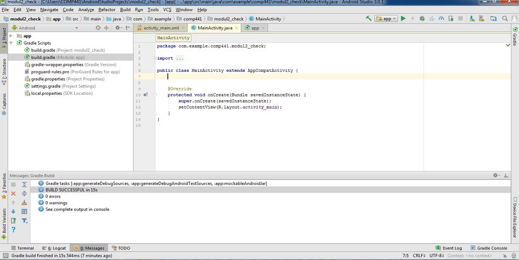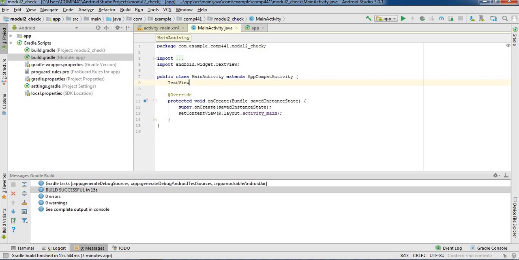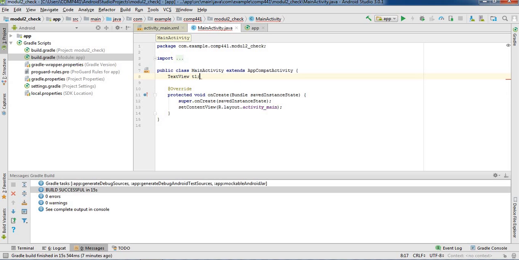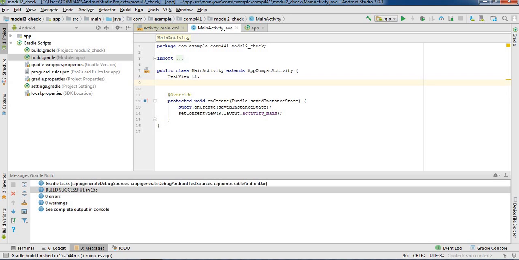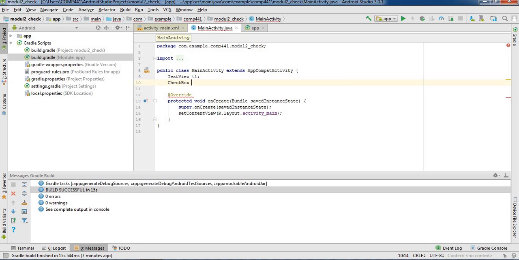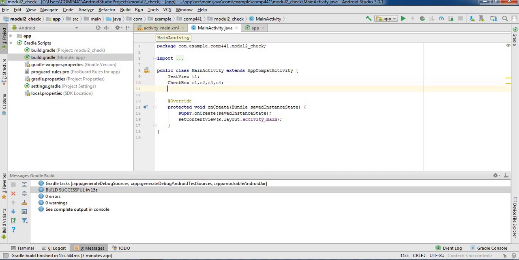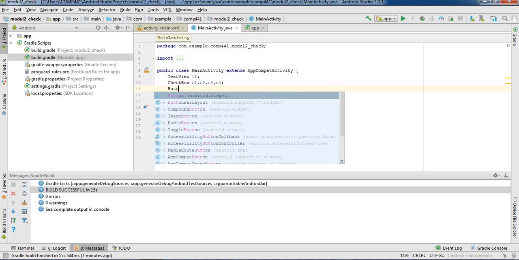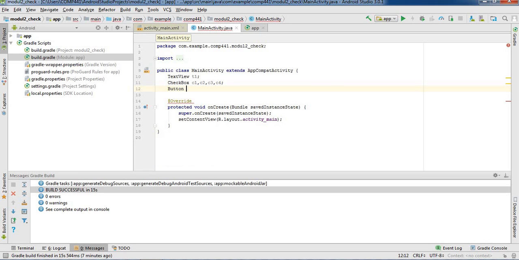We have used a text view as T1. We have used checkboxes as C1, C2, C3 and C4. We have used four checkboxes, and we have used one button, that is B1.